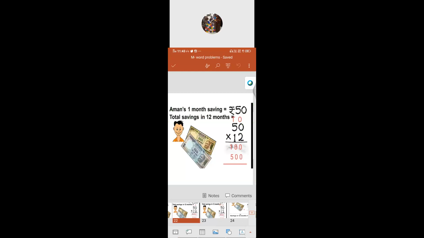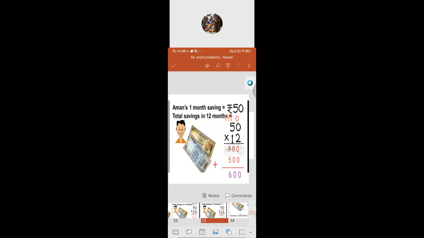So what is the third step you have to follow? Well, go for the third step. You have to add the products. This one is product 1, isn't it? Which one did we get from multiplying by the ones digit? That is product 1. The second one we got from the tens digit. That means product 2. So what is the result? If you add product 1 and product 2, we'll get the final answer. So we have to add both product 1 plus product 2.